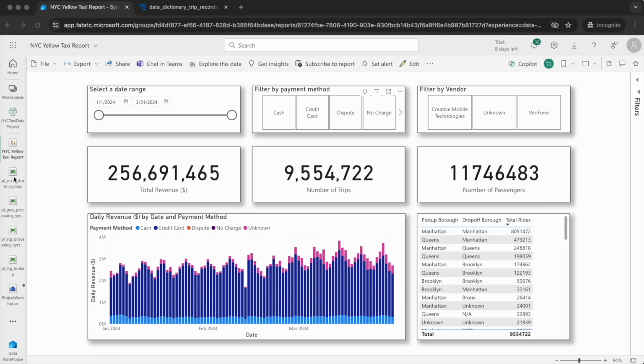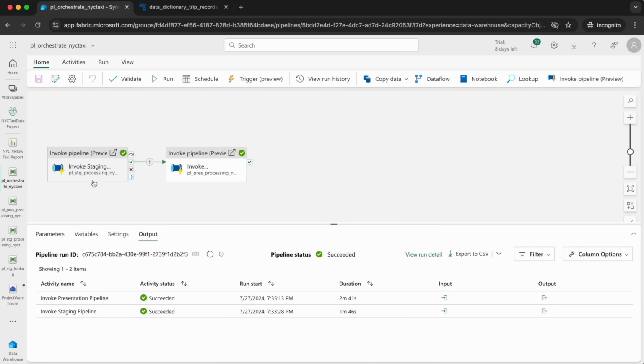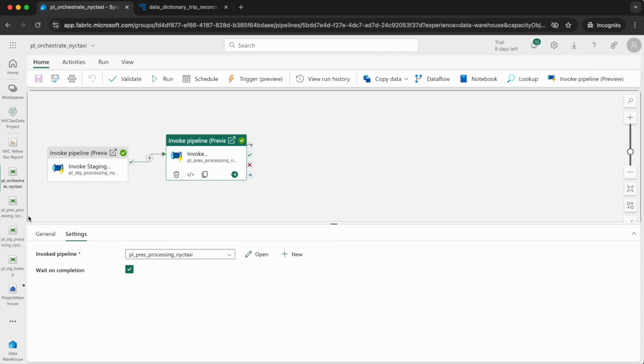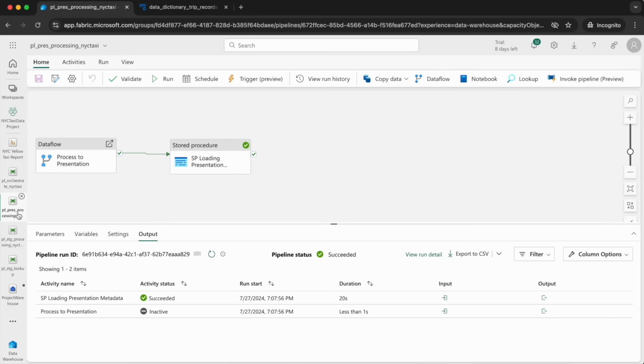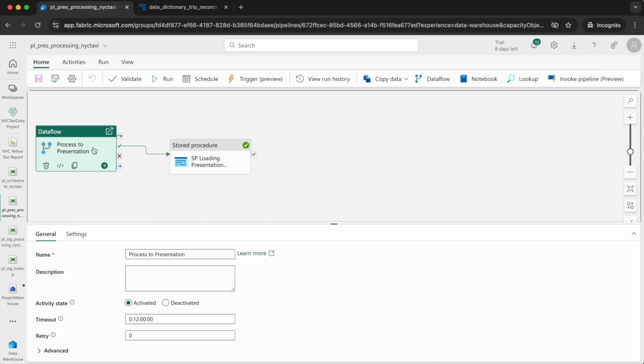In our pipeline, we used a Dataflow activity for this processing step. So specifically in this PL Pres processing NYC taxi pipeline, we are referring to a Dataflow. Instead of a Dataflow, we can also use a stored procedure or script activity to process data from staging to presentation. In many cases, the stored procedure activity can be more efficient than Dataflows because Dataflows have a lot